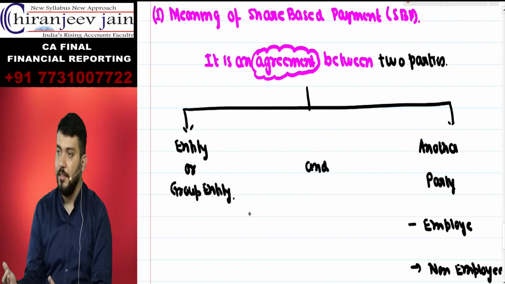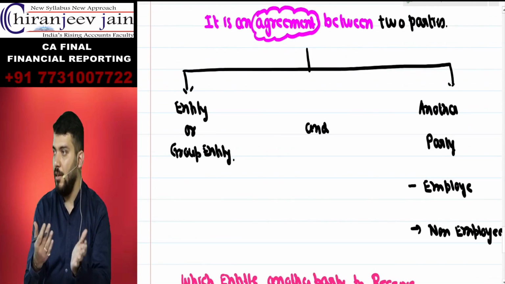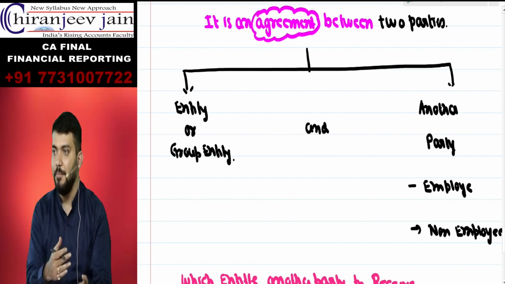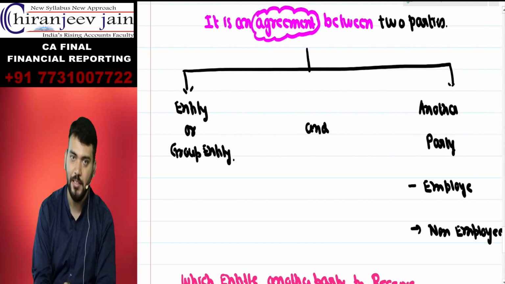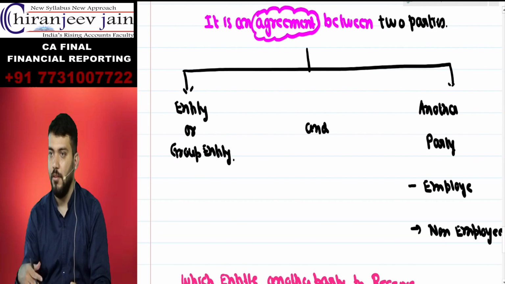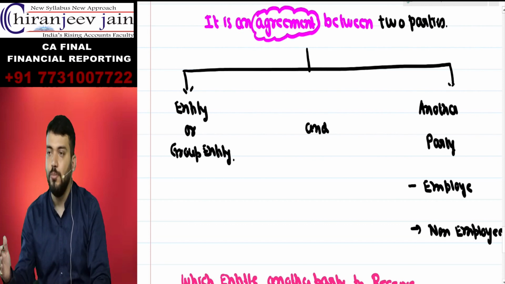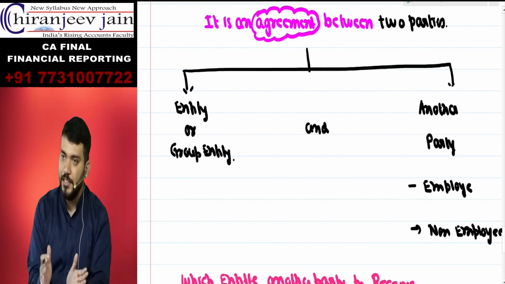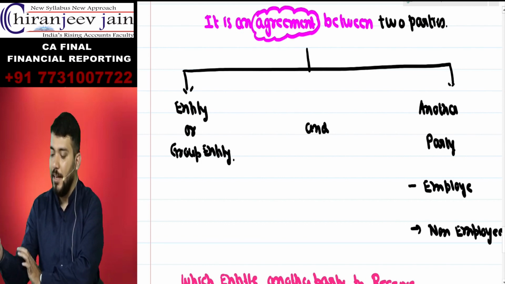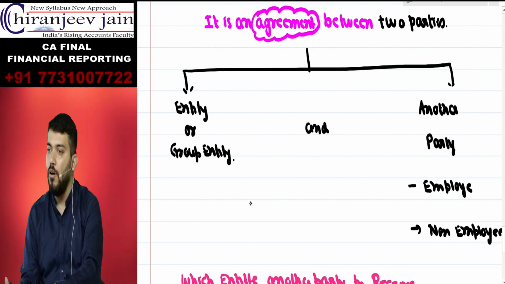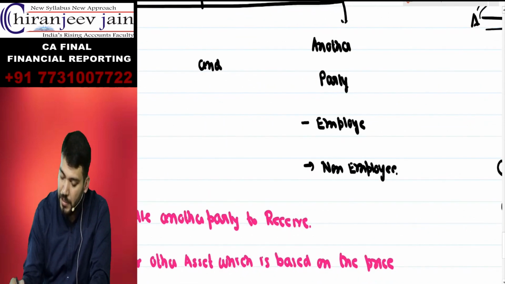Now when I say agreement contract, so what is applicable? Contract Act is applicable. Understood? It can be either written, oral, etc. Correct? So it is an agreement between two parties. Parties are entity or another party. Another party can be employee or non-employee, but is employee